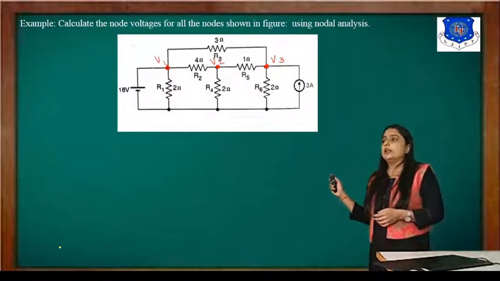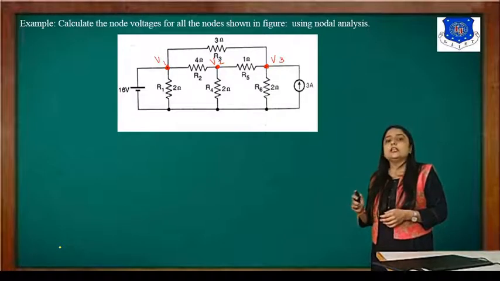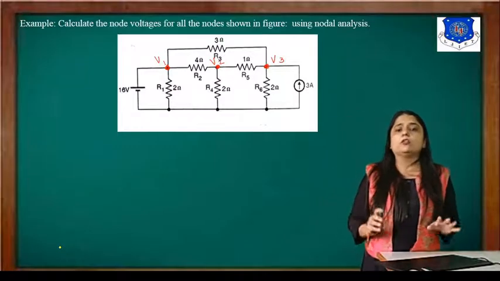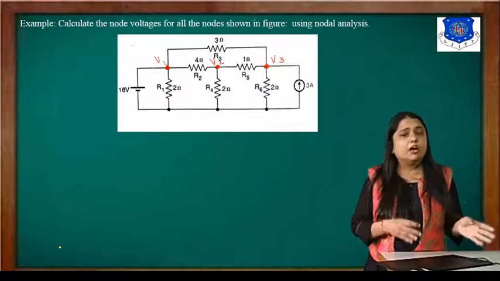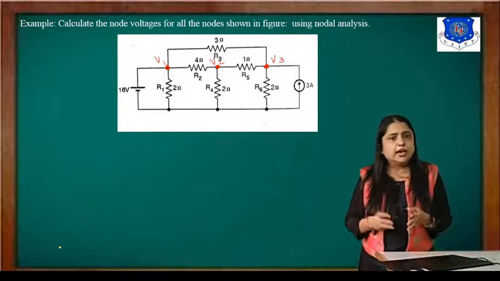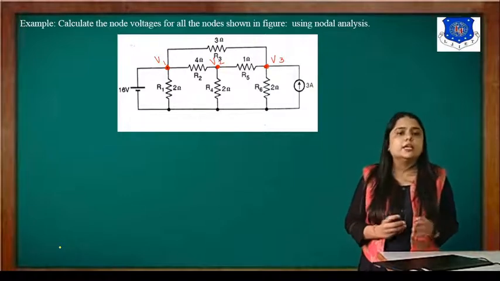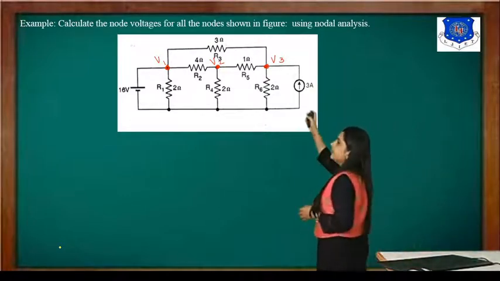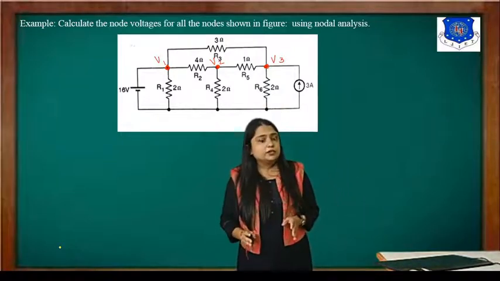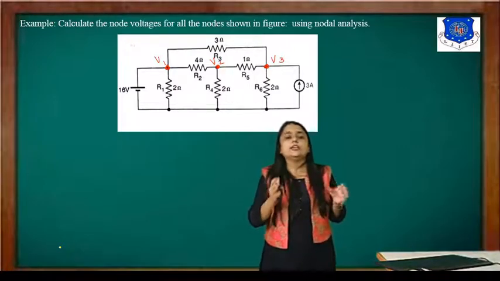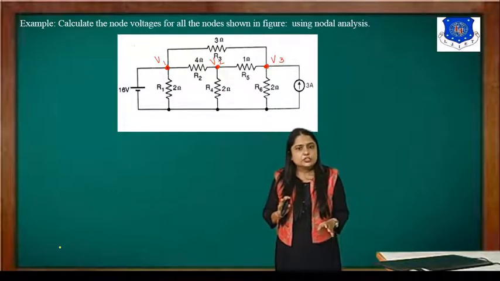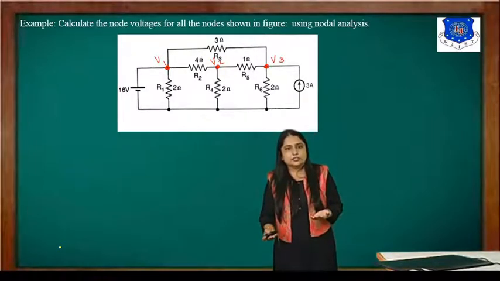Here we want to calculate the node voltages using KCL. See, in KCL, if you remember, we have to write down the incoming current or outgoing current at a particular junction. And a junction is what? It's a node. So in other words, KCL is node analysis. So here, first of all, in this diagram, we need to identify how many different nodes are present. Then we have to write down the equation for each and every node, do some mathematical calculation, and find out the voltages.